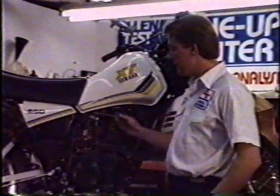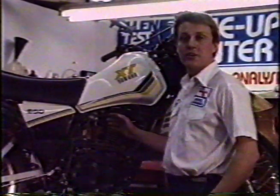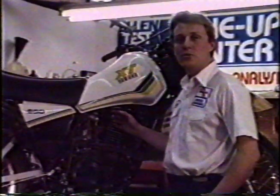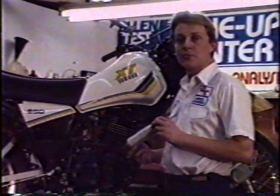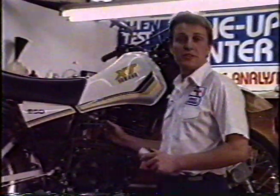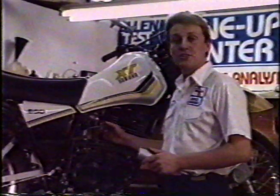If you find that your stock intake manifolds won't work when tipped up, you can go through your dealer's parts shelves or even go to another brand, and you can almost always find an intake manifold that'll work. If the intake duct hose isn't going to make it with your stock airbox, what you can do is trash the stock airbox and simply install a K&N filter